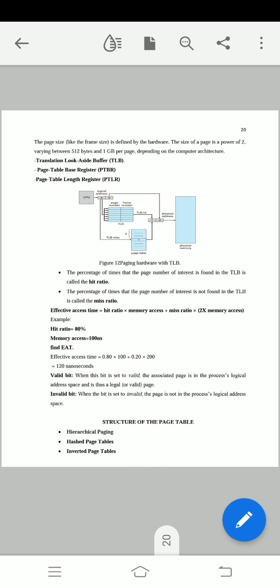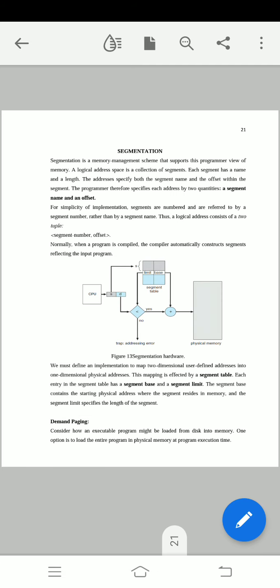When the page table becomes too large, searching it takes too much time, so we go for a secondary page table. So there are different hierarchies or page table structures. Normally we have hierarchical paging, hashed page tables, and inverted page tables.